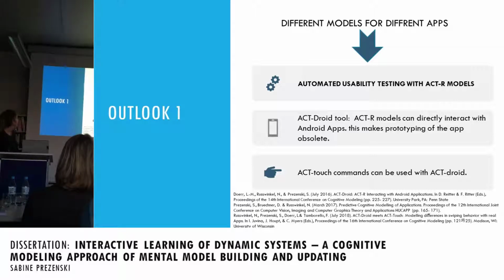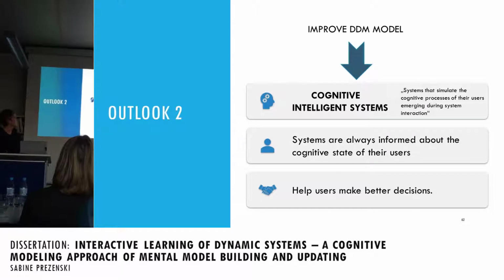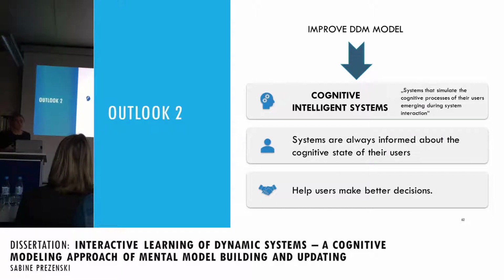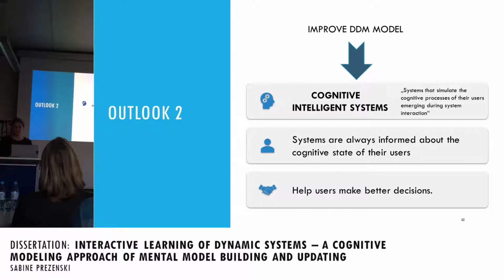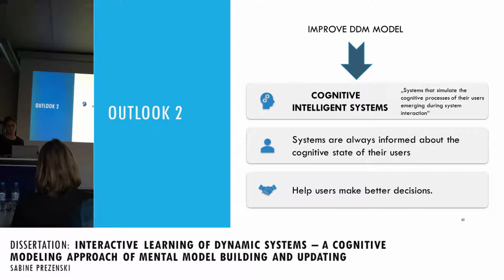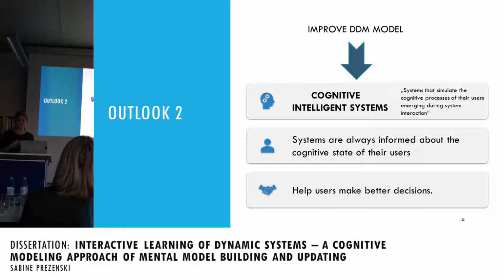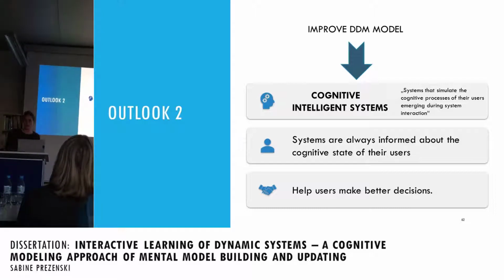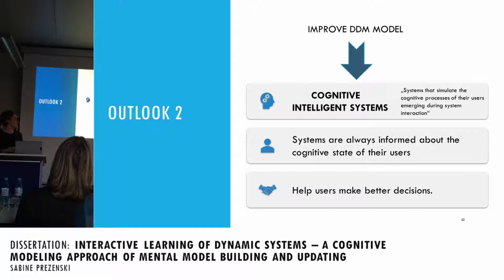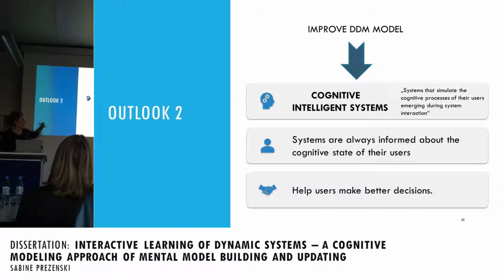Okay, the second outlook is about the dynamic decision-making model, and maybe developing cognitive intelligence systems. For this, we would have to improve the dynamic decision-making model. We could do this by collecting empirical data and also changing the paradigm a bit so we can be sure of which strategies participants follow, and then we can write a model that actually follows the same